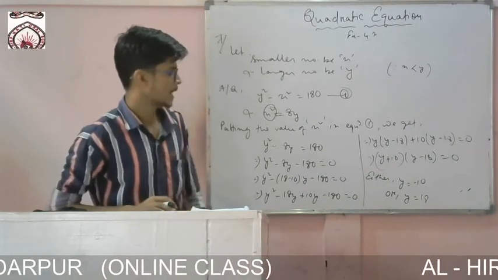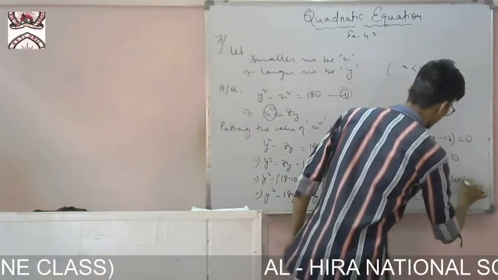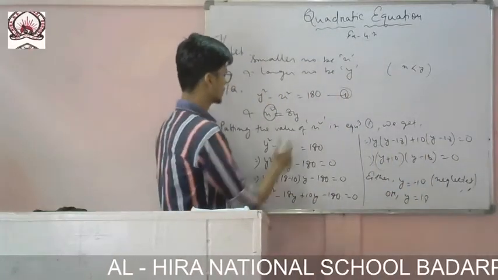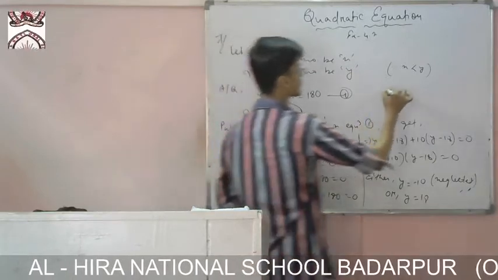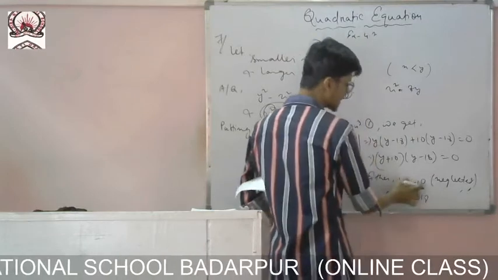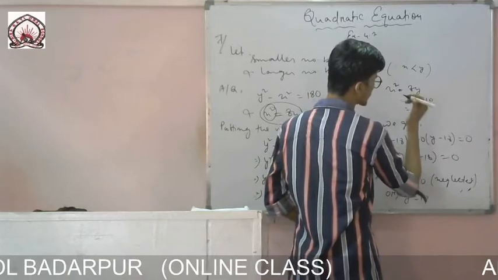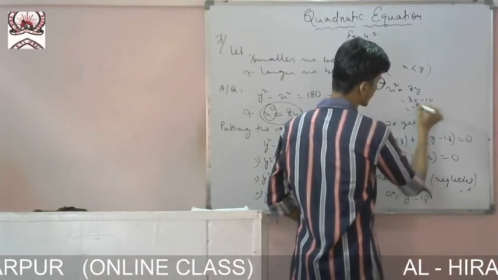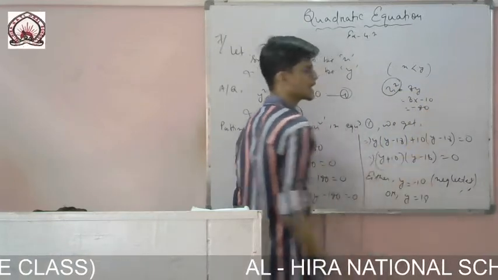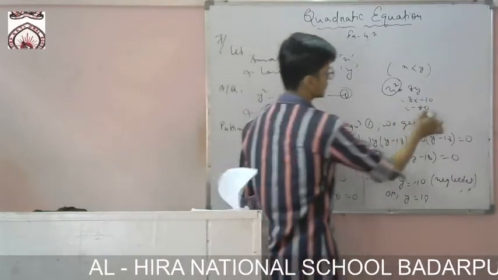Okay. Now you see one thing, this minus 10 will be neglected. Why will it be neglected? It is a number, but you see the question, did you see this equation? x square is equal to 8y. If y is negative, then 8 into minus 10 will be minus 80, okay. But you see here, it is a square. A square number cannot be negative. So this will be neglected, okay.